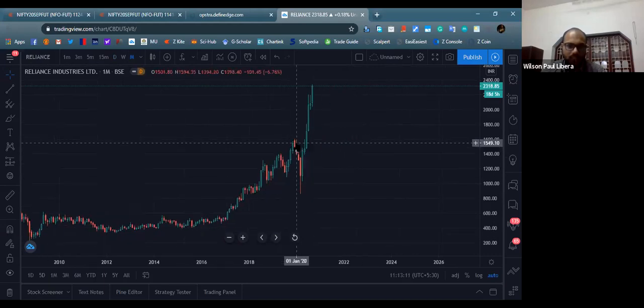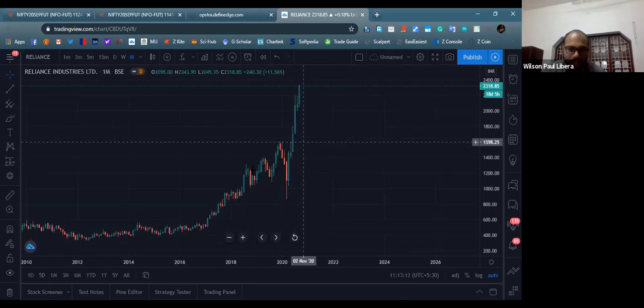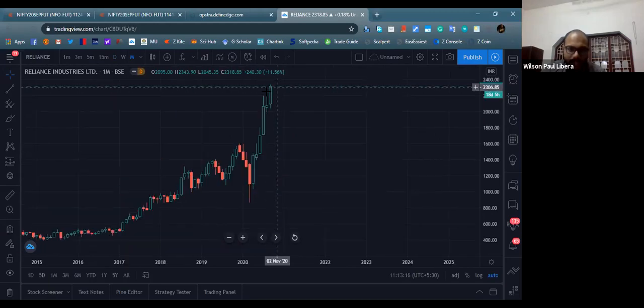When I say monthly time frame, this one candlestick represents the movement of the prices of Reliance Industries for the last 1 month. That is what a time frame is. And so when I change it to 1 minute time frame, one candle represents the changes in price that have happened in